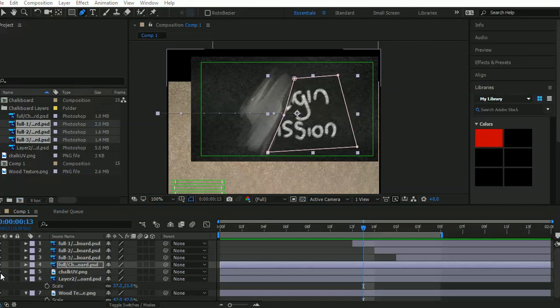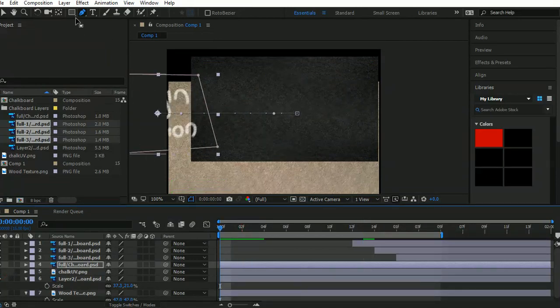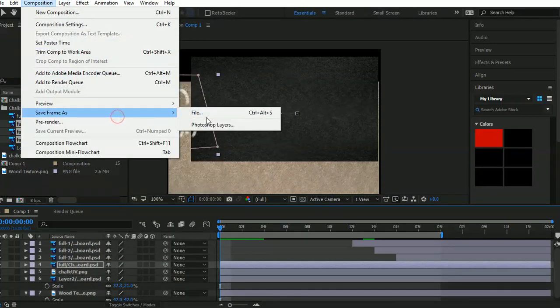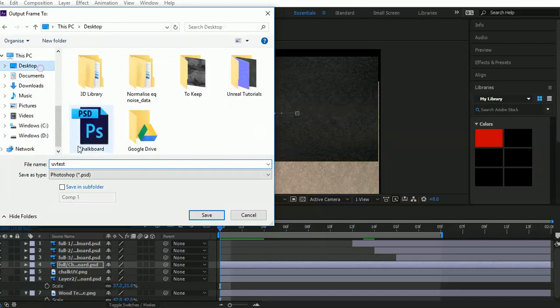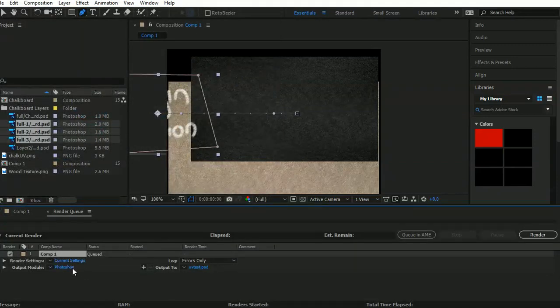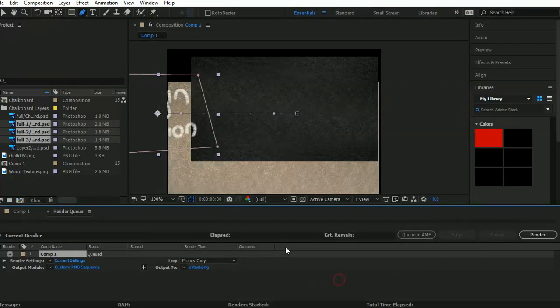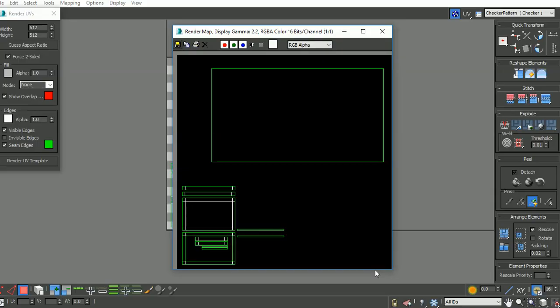And for the sake of test, let's export this layer out, this frame. Save frame as a file. And we'll just call it UV test. And I'm going to save as a PNG. Cool, let's go into Max, hide the UVs,